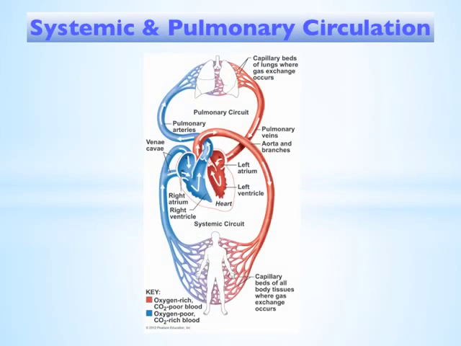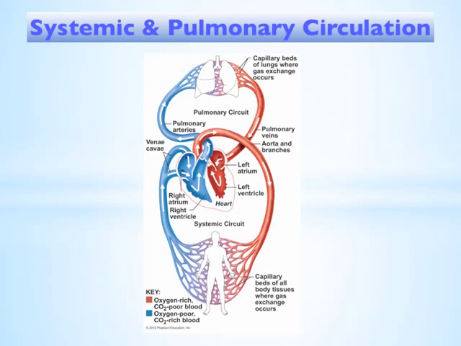We'll just trace through systemic and pulmonary circulation. Systemic referring to the body, the whole of the body, pulmonary circulation referring to the lungs. So we start off with oxygen poor blood coming from capillary beds in the body, travels up via veins and the vena cava into the right atrium and then the right ventricle, and then out through pulmonary arteries up to the lungs,